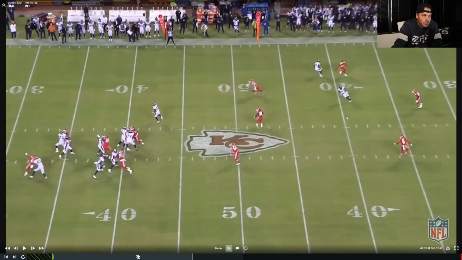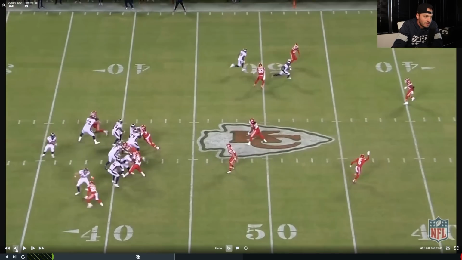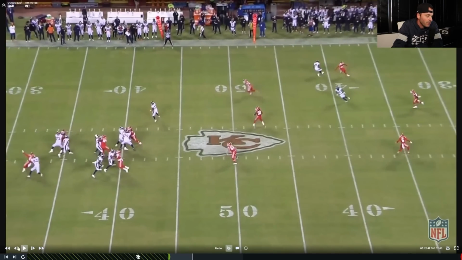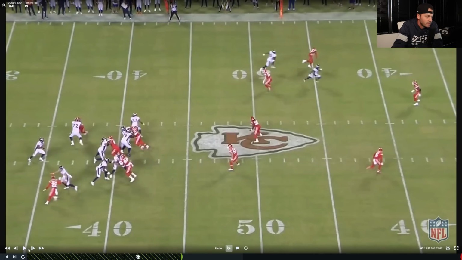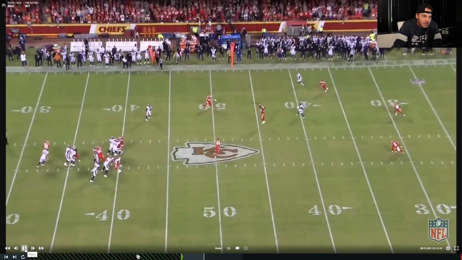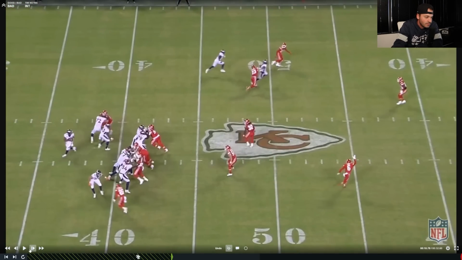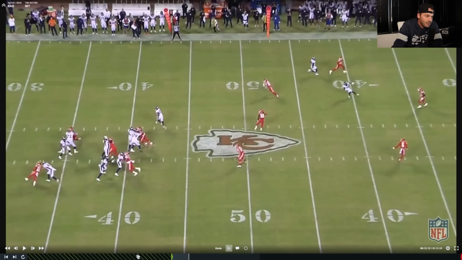Boom. Right here, you can see 32's retreating. You can fit that ball in. If you really want to, you could fit that ball in, right? You got to add a little bit of touch to it. But that's one where it feels like we just got to get down to our back. You know, this guy's going to come screaming down. It's probably going to be a 2-yard gain, but